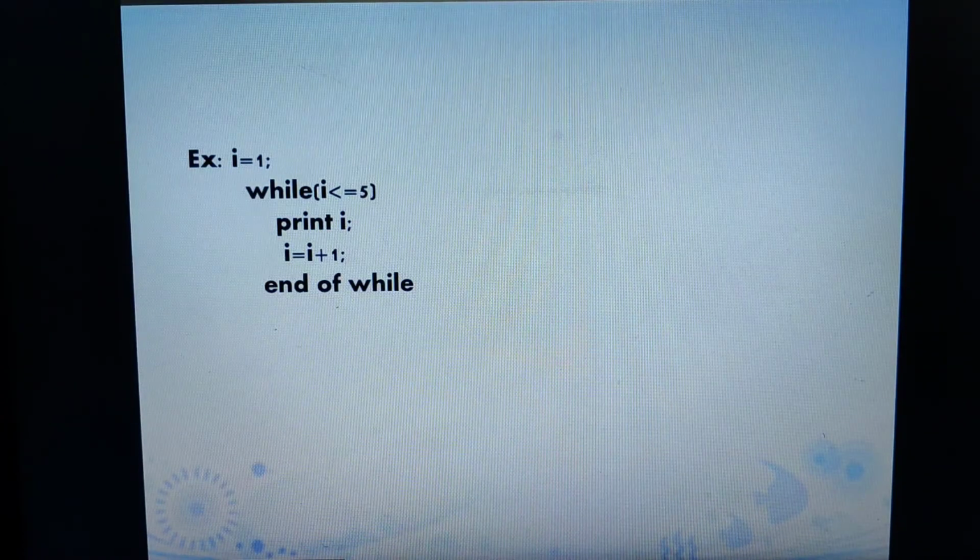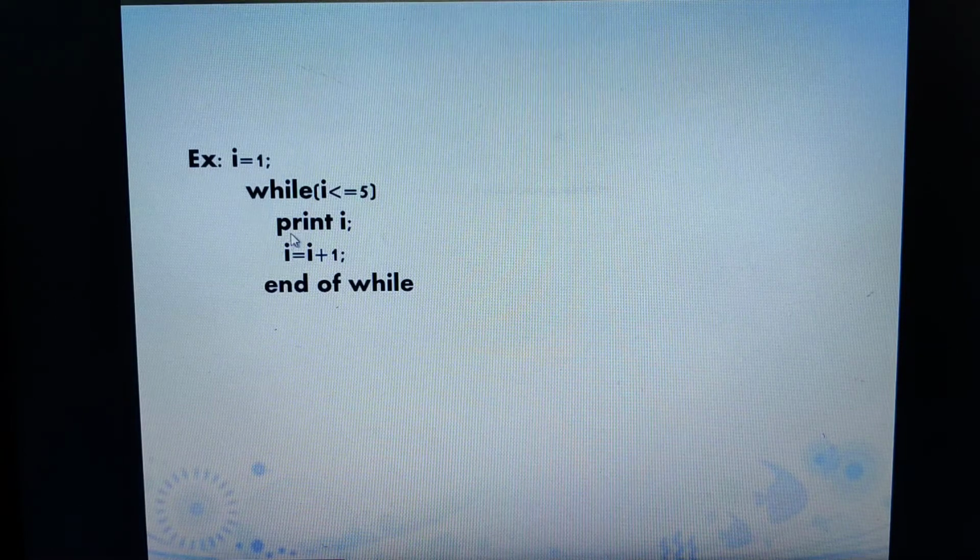Now let us look at an example for clear understanding. Here comes a program segment wherein I am initializing the I value to 1, while I is less than or equal to 5. I want the loop to iterate as long as I is less than or equal to 5. Every time the condition is true, I print the I value, and after printing it, I increment the I value by 1.